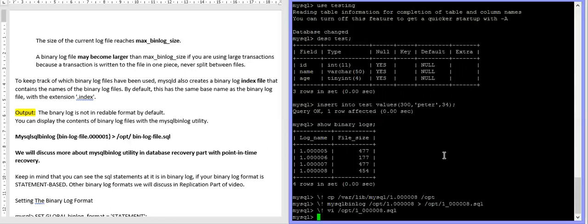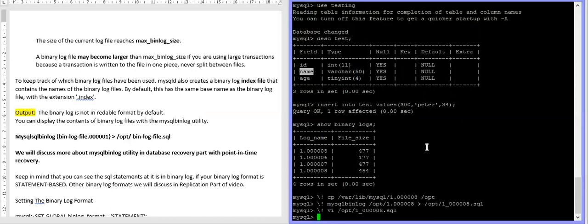The smart way to delete or remove these log files is to use the purge command. You can directly delete these binary log files, but it is not recommended. When you delete it, it will not be deleted from your index file. It will simply physically delete the file if you do it by system command. So it is better to use the purge command.